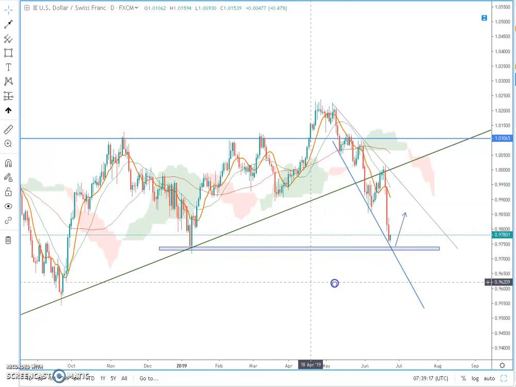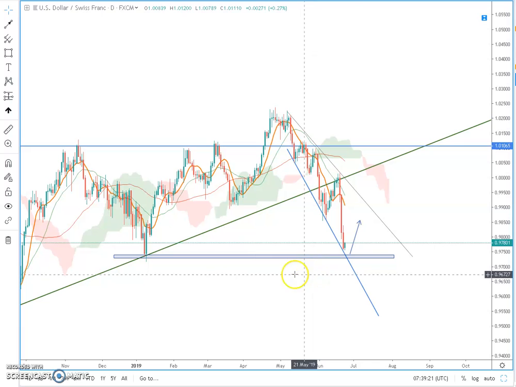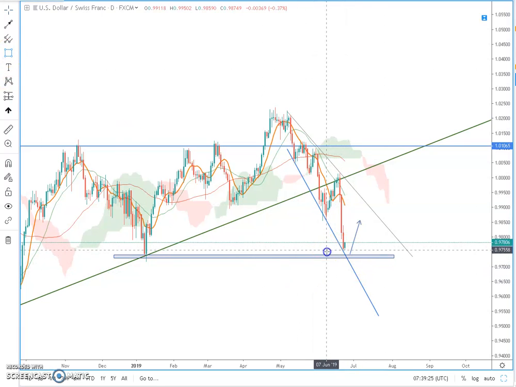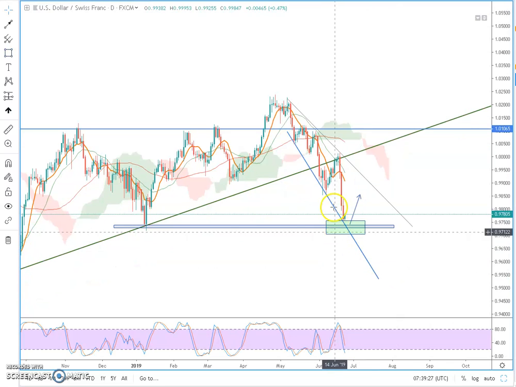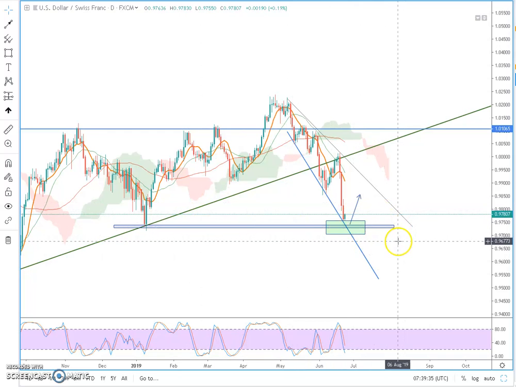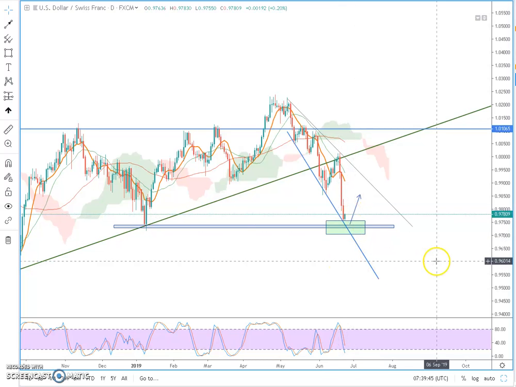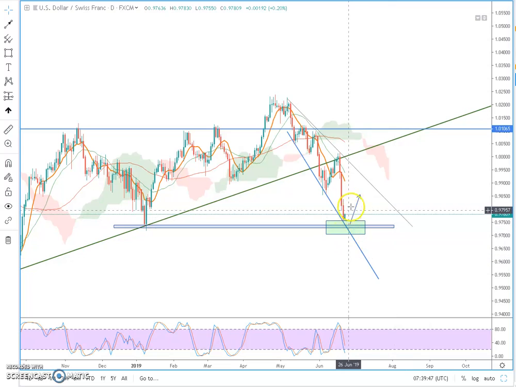And we can see a confluence of support in this area. We are looking at the descending trend line, which is below price, which is supporting, and then the horizontal support. So this was the area where even in our TradingView we said we will be looking to long from here. So for us, USD/CHF has reached the long zone, and you may see price bouncing towards